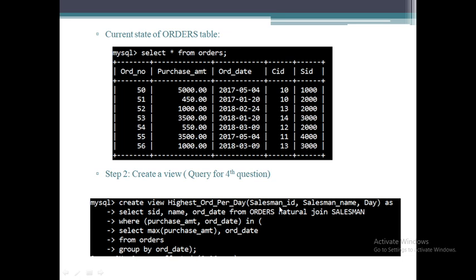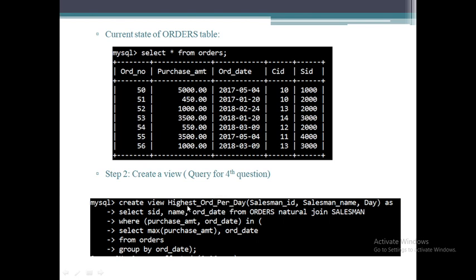By default it will take the attribute names from the tables you use to define this view, like orders or salesman. Whatever attribute names you have used in orders or salesman will appear in the view.